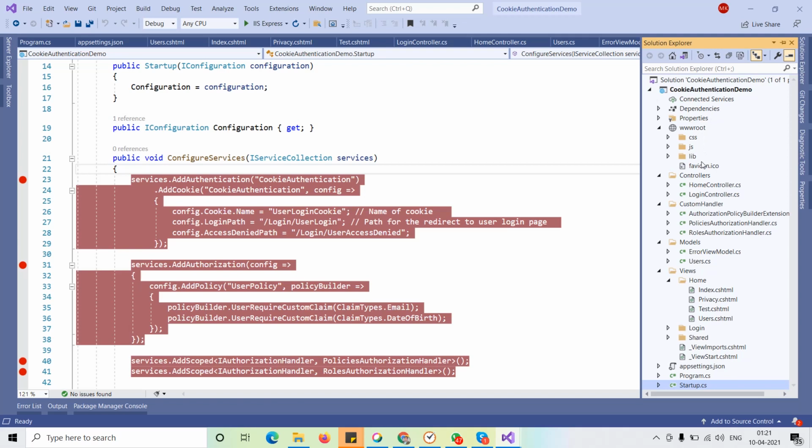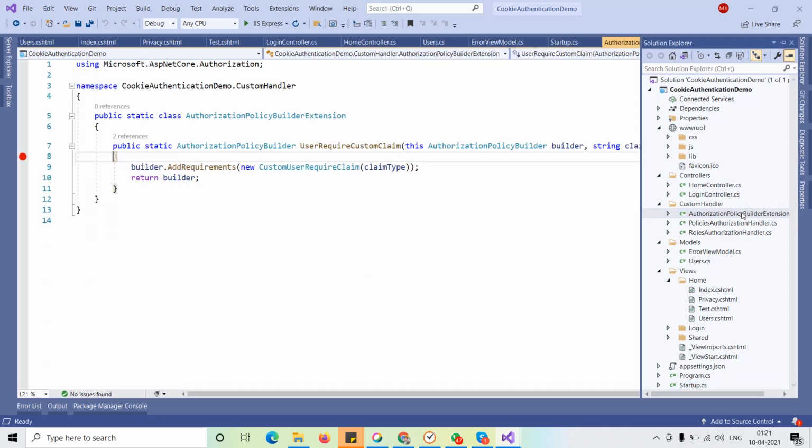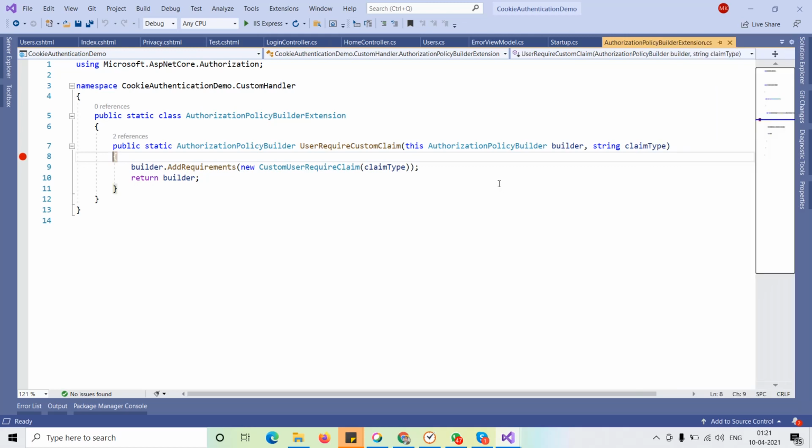Here I have created basically custom handlers. One is for policy-based authentication. I have created a policy builder extension here where I can require a builder and claim type, and I am managing that in this class.